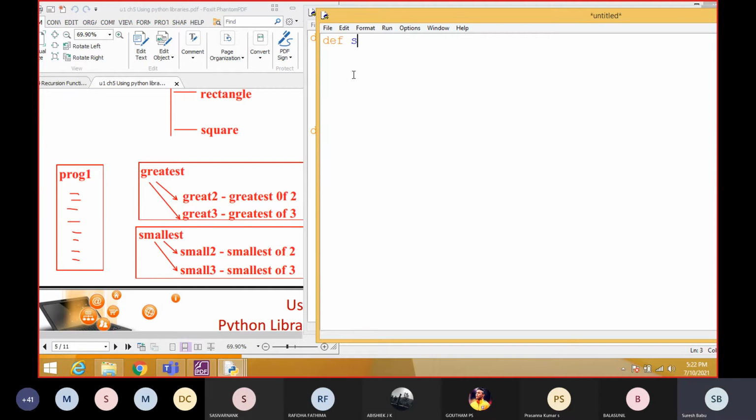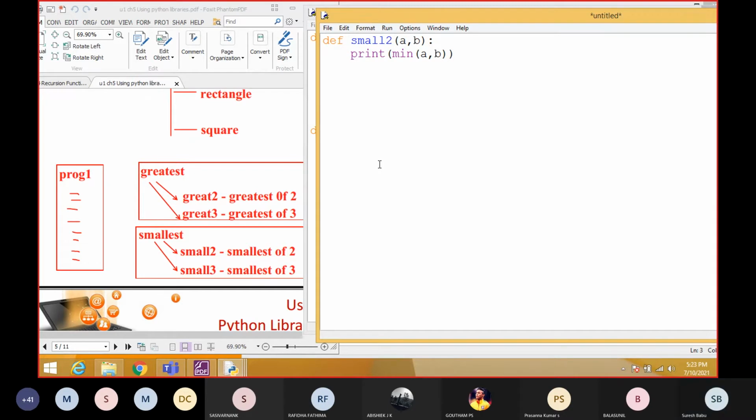See, def small 2. We have to find the smallest value between two things, a and b are the two values. Very simple idea. What we have to give is we have to print minimum. Minimum is the function, and inside we can give the two values. It will select the minimum value of these two.